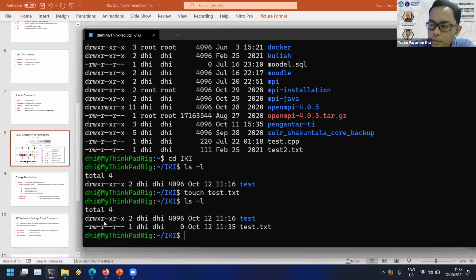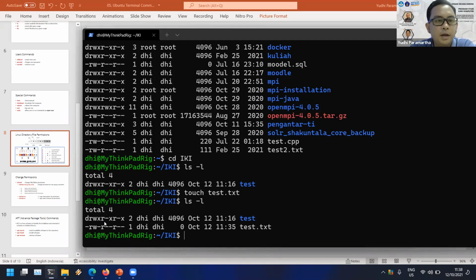Okay, maybe in that example we could not give you an example about execute. Execute is about executing a program. So for example, maybe not in your computer, but in Linux you could execute a program, for example opening Firefox.